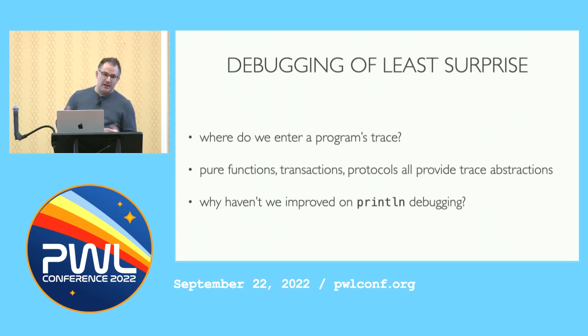But in more complicated cases where you want to think about failure, there are also database transactions or protocols. TCP allows us to forget about all the packets that might have perished on their way to giving us some piece of information. We can just focus on what it was that we received. And I think that this gives us a little bit of insight into why debuggers haven't supplanted printline debugging, because printline debugging allows us to create our own narrative arcs, our own abstractions over the trace.